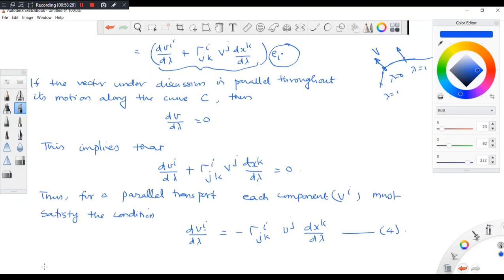So gamma ijk is called the Christoffel symbol. I will tell you more next class. Riemann and Christoffel, there is another mathematician, so they worked on it together. Later you will study the Riemann curvature tensor, etc. Okay, so what I want to say to you now is only this: gamma ijk's play a very significant role in the derivatives that come in the curved space.